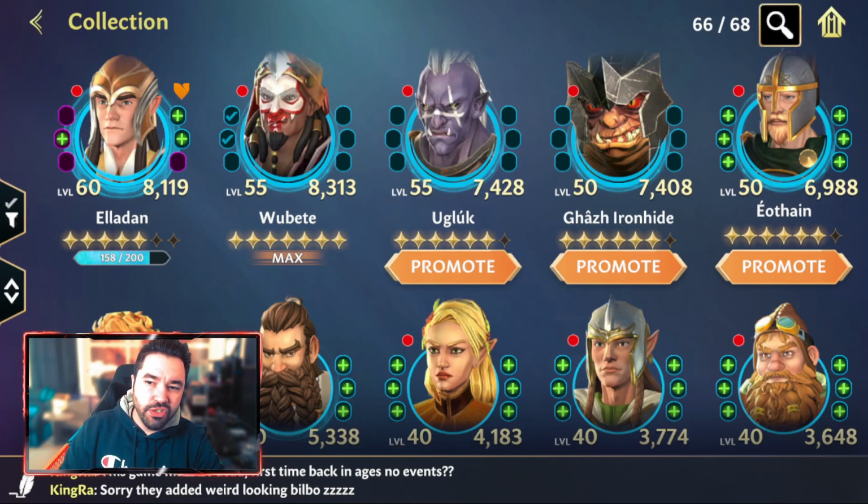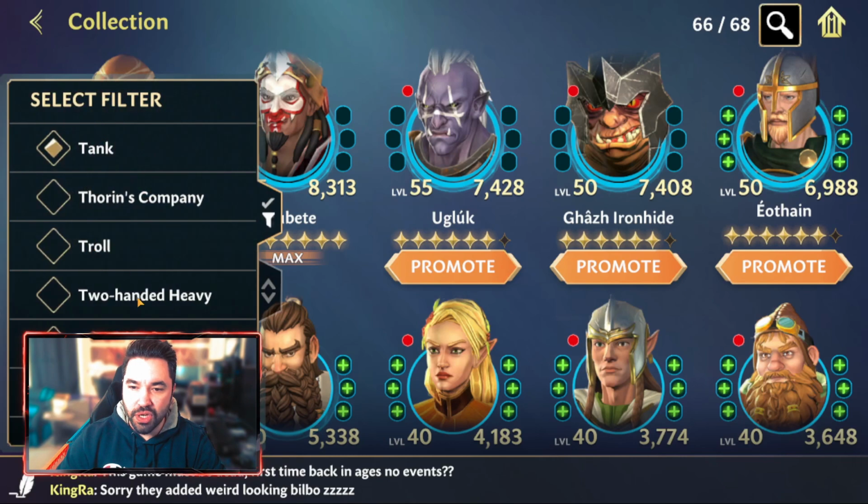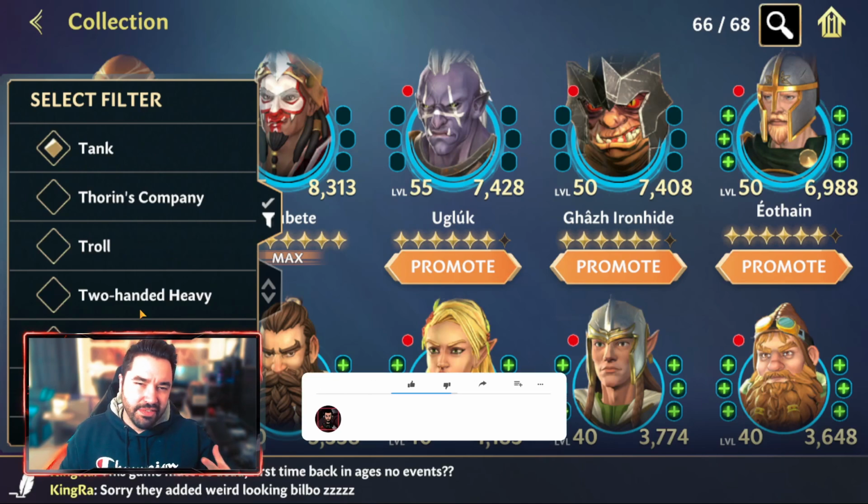But what I thought would be interesting to do is looking at the tags on the characters in the game. We have 4 specific tags that they're categorized in: you have a tank, a healer, a support, and an attacker. So I thought it'd be fun to look at each of these 4 categories. Today we'll look at tank, and then over the next couple of days, I'll break down the other categories, attacker, healer, and support,